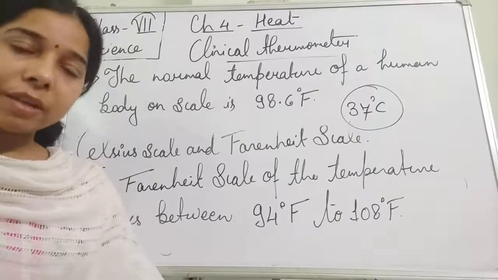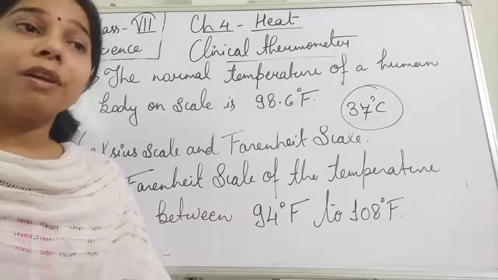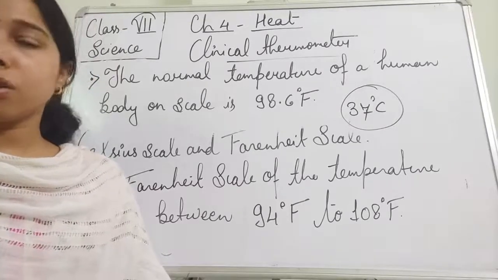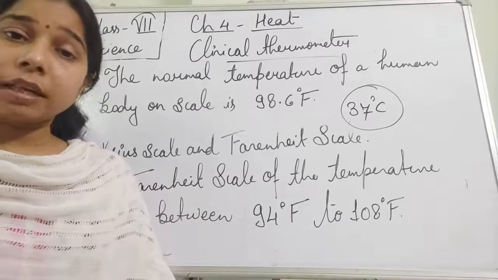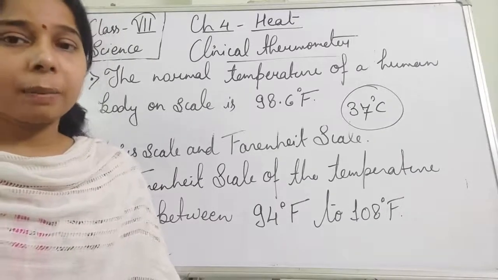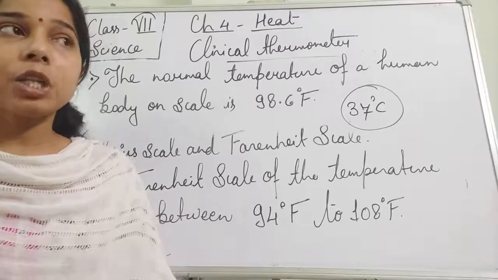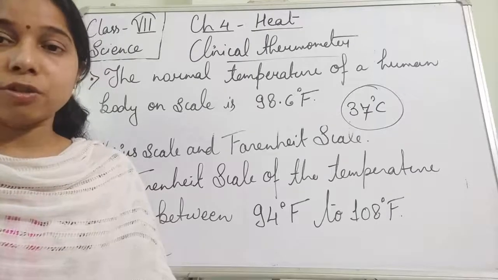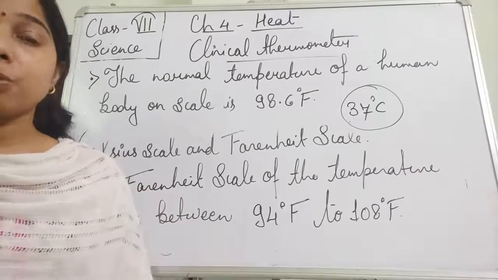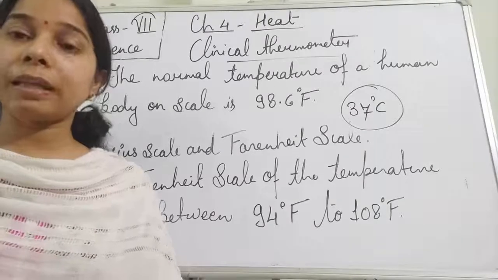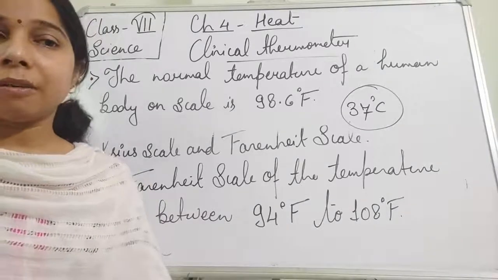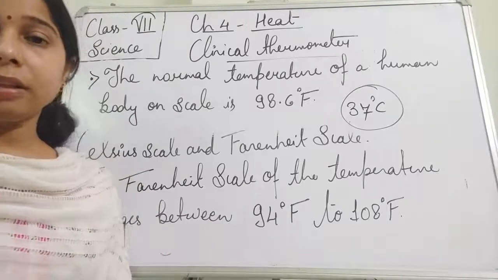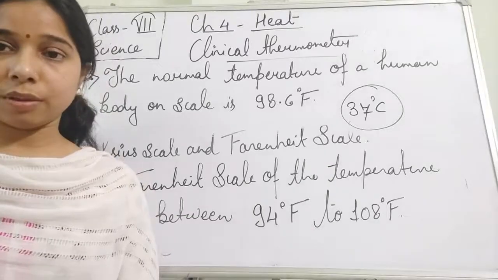But we should not use the clinical thermometer to measure the temperature of a very hot object, because the range is very small, students. If we dip the clinical thermometer in hot milk, it will expand and rise up, and if there is no space, as the marked range is very small, the glass will break. So we should be very careful while keeping it even near fire or under sunlight. That will destroy the clinical thermometer, students.